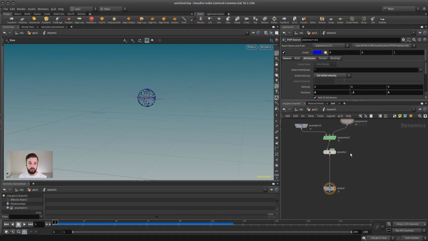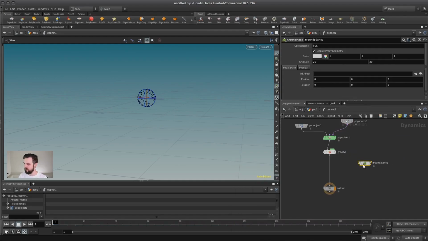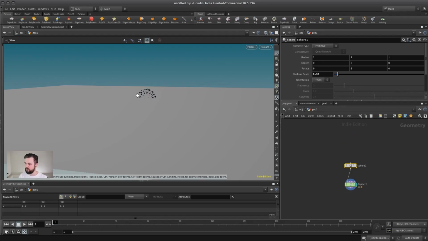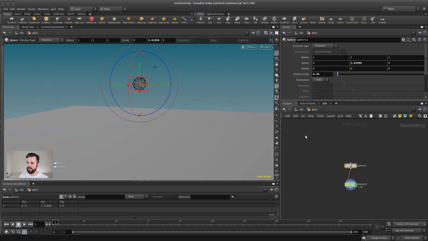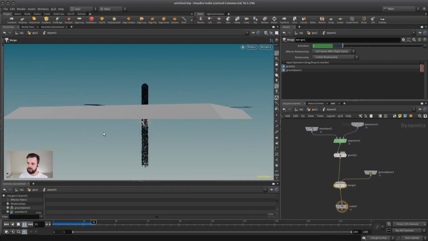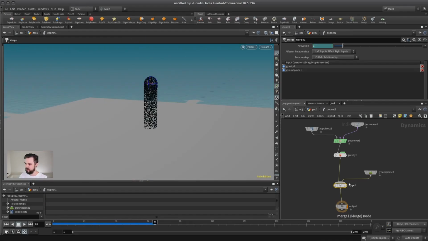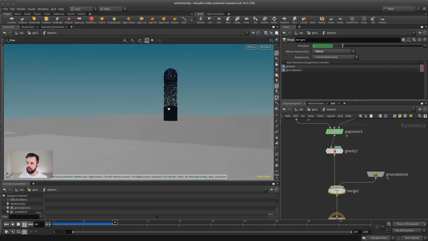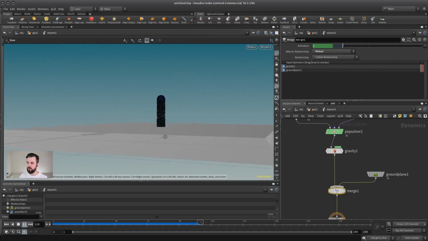Now we bring in a ground plane, and as we've seen, a ground plane by itself we cannot just stick in, but we need to do that in combination with a merge. If I combine it like this, let's move the sphere up a little bit so that it's not sitting in the ground. And even if I have the ground plane in it and I press start, unfortunately it's not recognized. The reason, of course, is that I forgot to switch the merge to mutual, because otherwise the order of the connection matters, and that's pretty annoying. So let's switch it to mutual, and all of a sudden the collision works